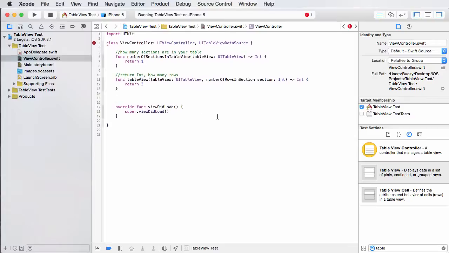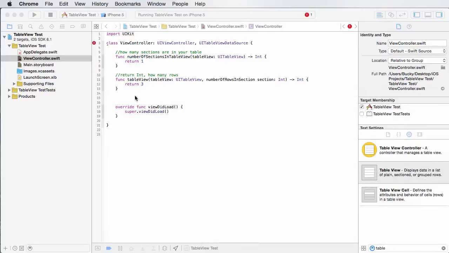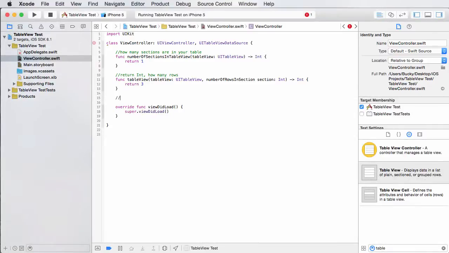Now the last thing we have to do, you probably could have figured out, is it's going to say, okay, now I know how big to make your table. You're going to have 1 section, 3 rows, but what are the contents of it? What do you want me to stick in those table cells? So that's what the last function is for. I'll just write, what are the contents of each